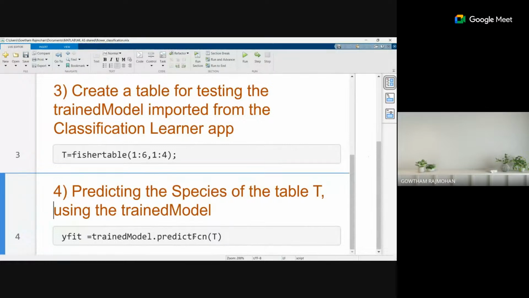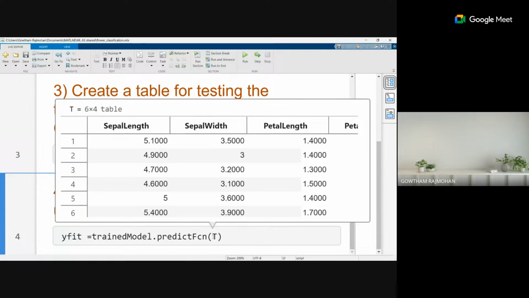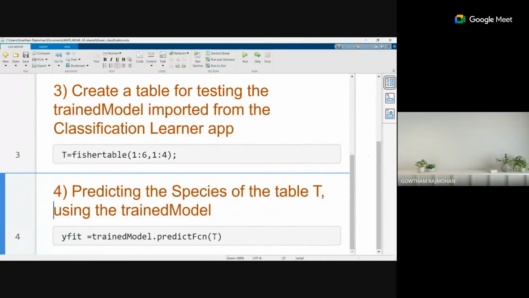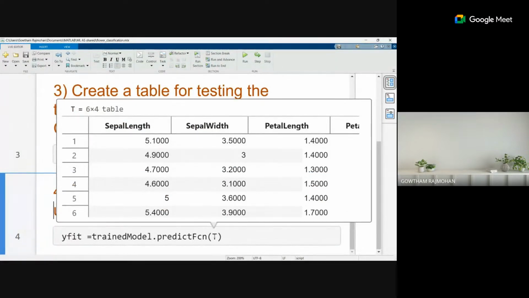YFit equal to trainedModel.predict function of T. Once you place the cursor, you can understand what the particular data is. I'm just passing the data alone. Here you can see the sepal length, sepal width, petal length, and petal width. And I'm passing this table data